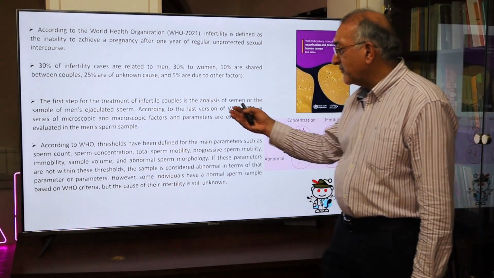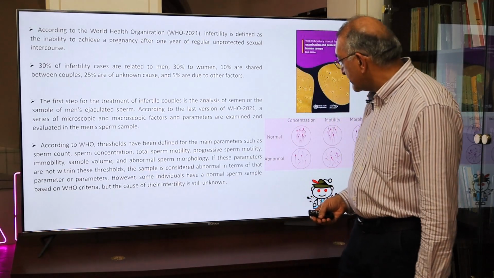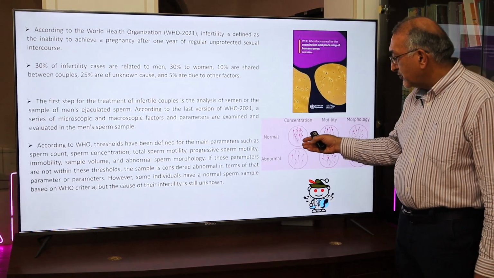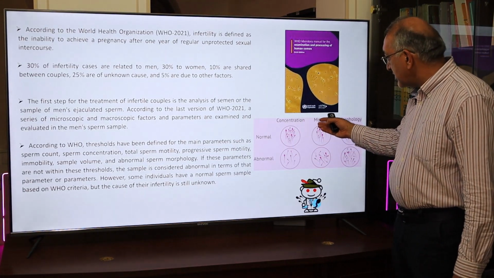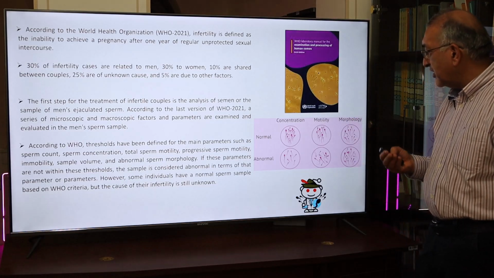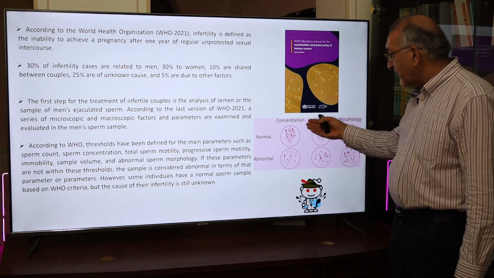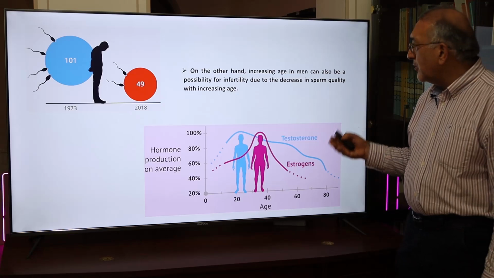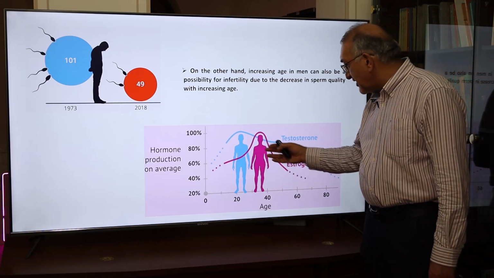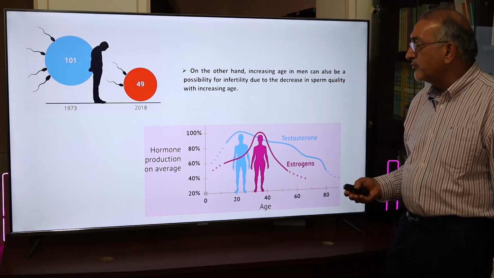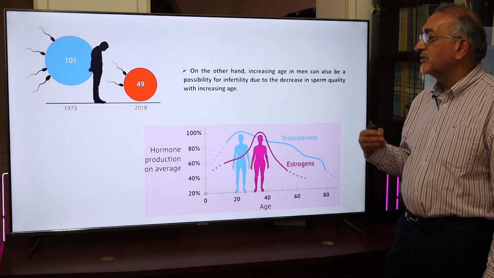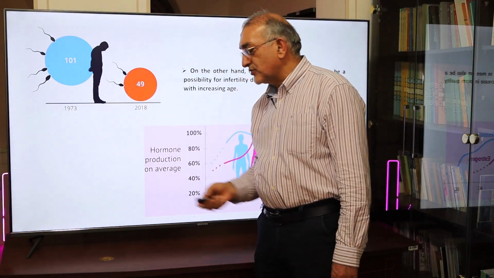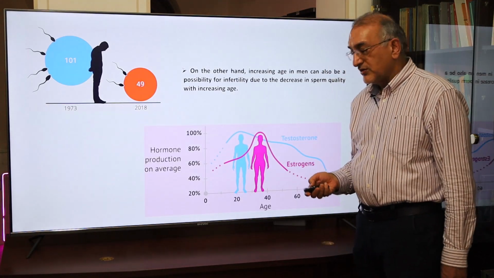The first step that we do is we analyze semen parameters, and in an analysis of semen, we want to know how concentration, motility, and morphology, three main important parameters, differ from the norm and how they have become abnormal. In addition, we know that increasing age affects our hormonal production, it affects our semen parameters, it affects DNA integrity, and also the passage of time has affected it, possibly due to environment, type of food,